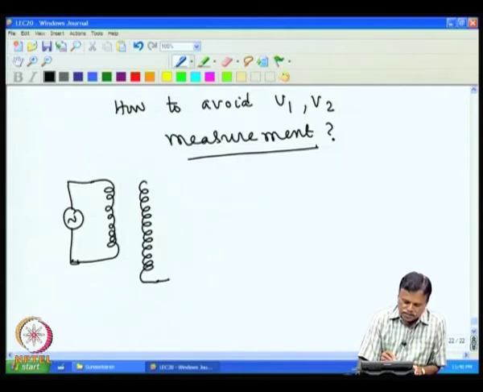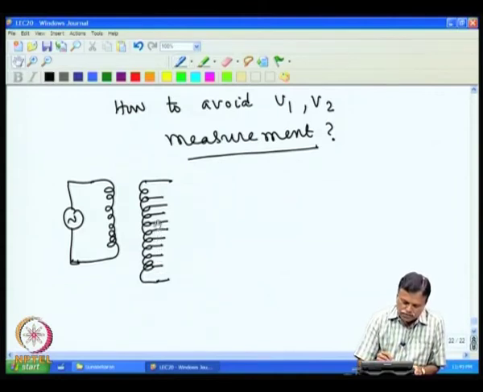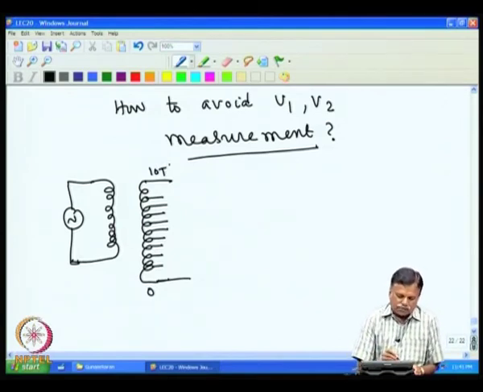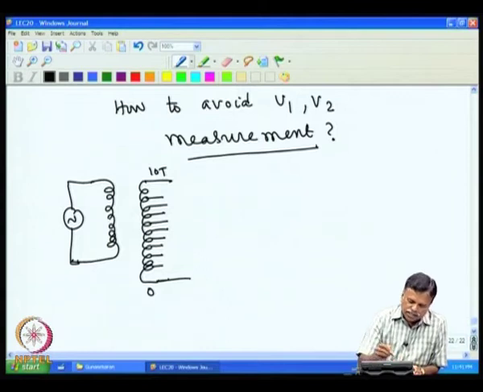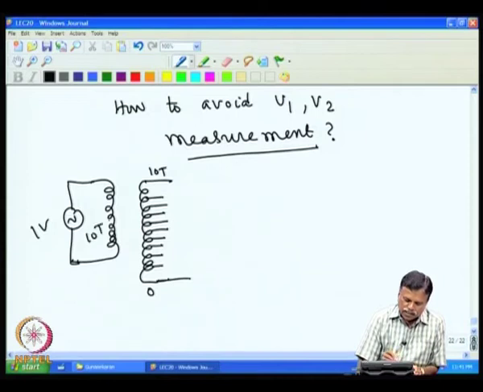assume we have 10 turns here, that is you have 1, 2, 3, 4, 5, 6, 7, 8, 9, 10 turns. So, we have turns from 0 to the 10th turn. So, 10 turns I put, that means whatever voltage I had given here, assume that this is also having 10 turns. Assume I have put 1 volt here, and this is 10 turns, and I also have 10 turns here,